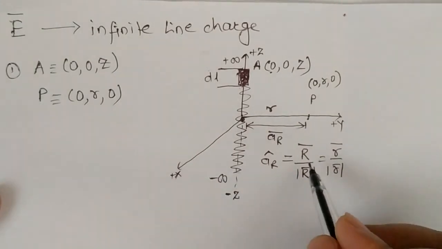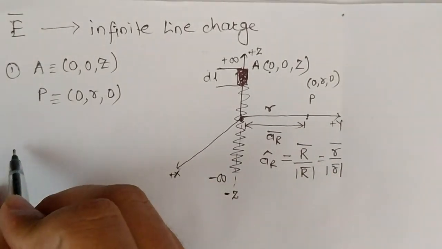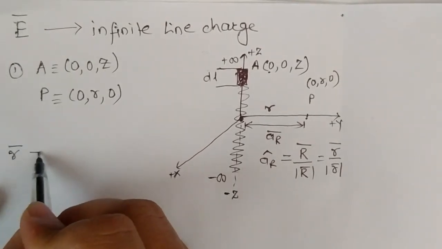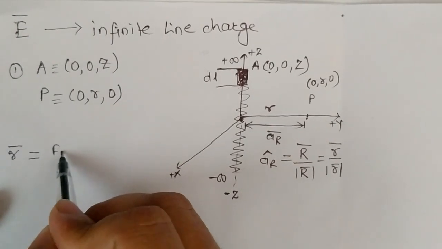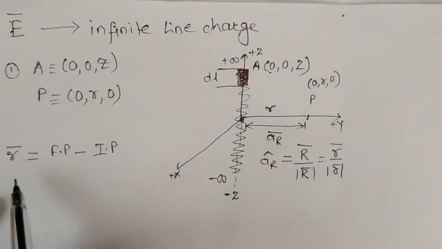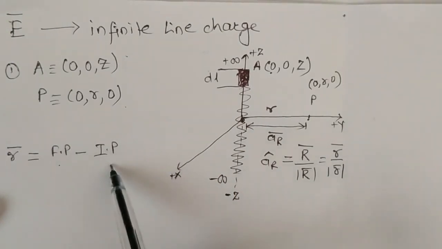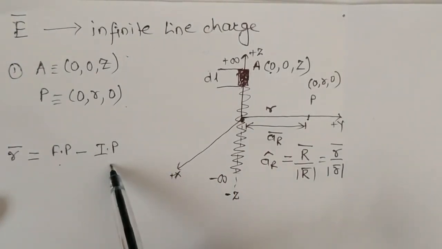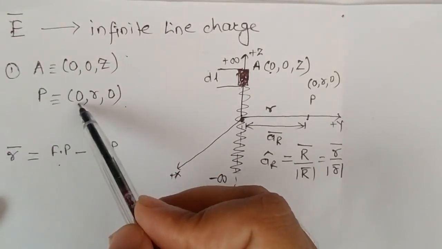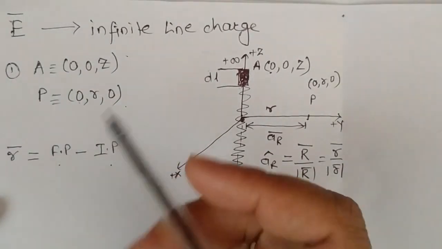So we have to calculate this vector r bar, or the small r bar. For the time being I am considering it as small r bar. So r bar is equal to the final point minus the initial point. We can calculate the vector from the coordinates as the final point minus the initial point. First we calculate the x component, so 0 minus 0 is equal to 0 a_x cap.